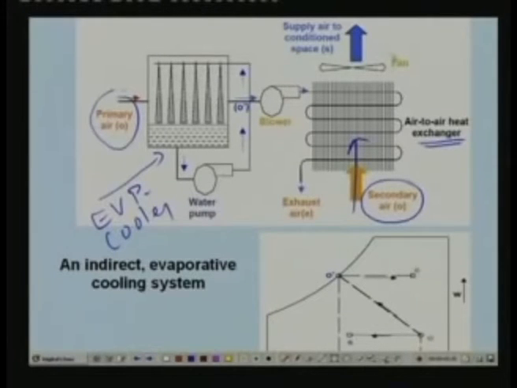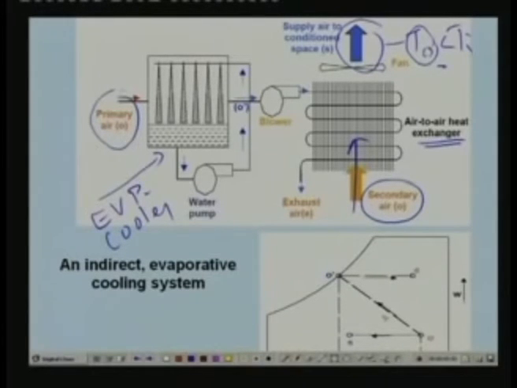As a result, you find that the secondary air gets cooled sensibly. So at this point the temperature, let us say this T outlet, will be lower than the T inlet for the secondary stream. So this cold air is supplied to the conditioned space for providing thermal comfort. So this is an elementary indirect evaporative cooling system, and the same thing is shown here